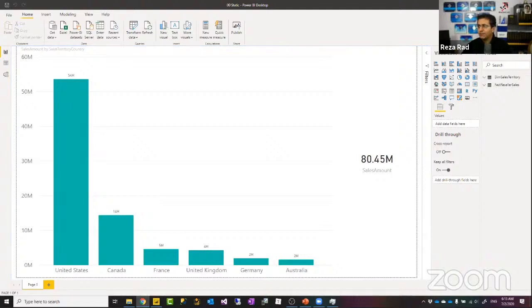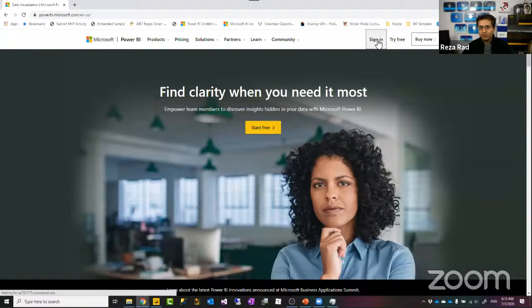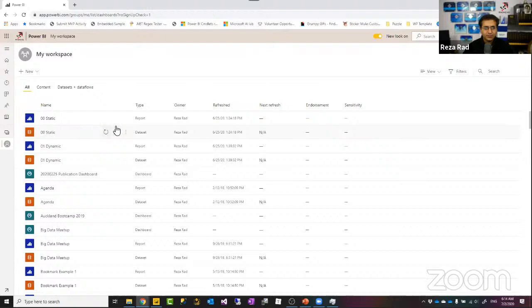Now let me bring my Power BI website account over here. This also works with the report server. I sometimes get questions: does row level security work with the report server? Yep, absolutely, it does work with the report server. The only thing is that you publish the content in the report server. If it is dynamic row level security, your users might look a little bit different, but it works perfectly fine in the report server. Now I'm going to just delete the existing row level securities that I have and publish it again.